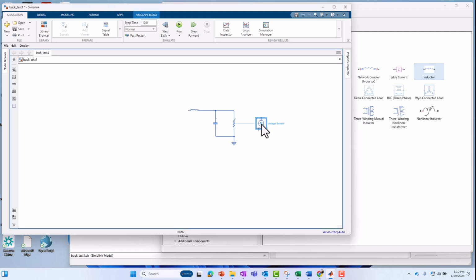And again, I'm not going to the library, because once you get used to using Simscape and Simulink, you'll just remember the names. You can just type them, bring them in quickly, as opposed to searching through the library and dragging and dropping. All right, so now I've sensed the output voltage. I also need to drive the input with something. That's going to be where my PWM comes into play. So I'm going to type PWM,